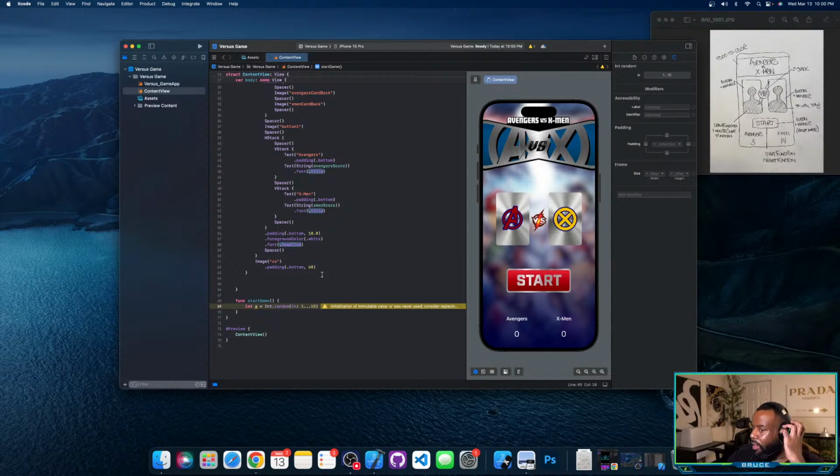Let A equal int. Okay, so that's going to equal a number 1 through 15. So we need to do the same thing